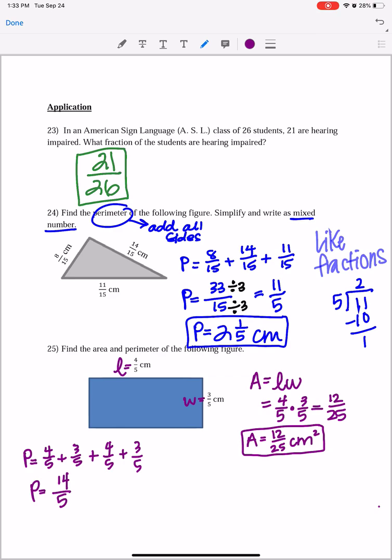Check if you can reduce it. You cannot though, because 5 is prime. And so because this is perimeter, we have 14/5 centimeters. Notice I did not change this one to a mixed number like I did here, because this one told me to. This one just said find it any way you want to. So I'm not going to convert that, because again, if you give me this and convert this wrong, I'm counting off. So that is all I have for this